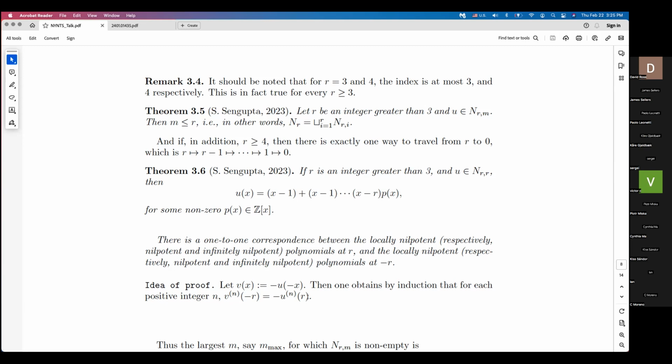And if this thing is divisible by p for some p, then of course this is going to be the same. So it is enough to treat the non-negative r's. And enough in the sense that by the information that we have collected for nilpotent polynomials or the other ones at non-negative r's, we should be able to just change the u to v in this fashion to get the nilpotent or the other ones at minus r.